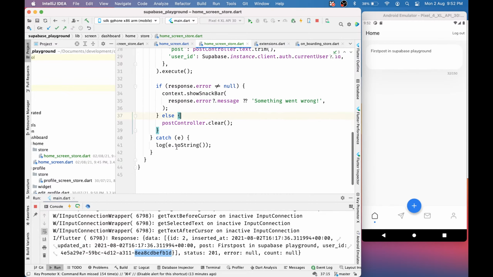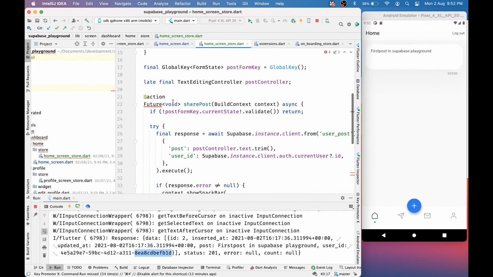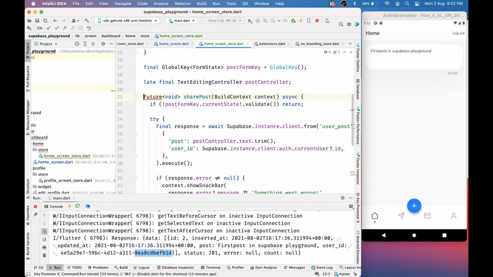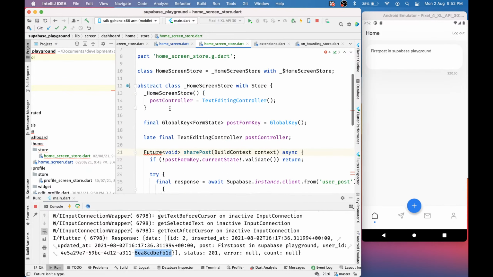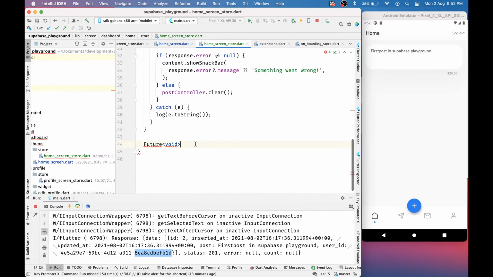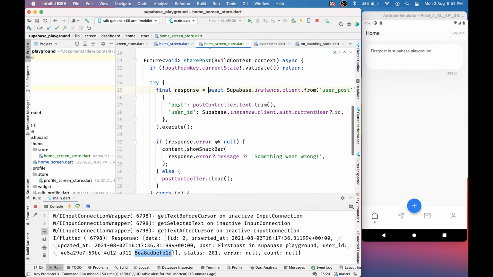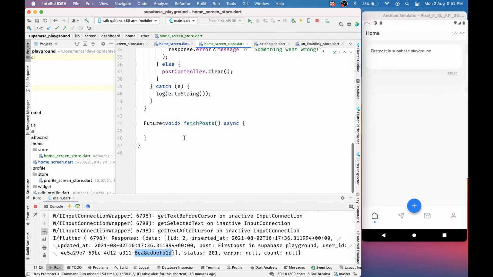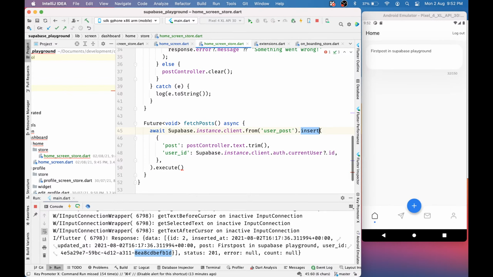Okay, let's create one method again. Future void. Actually, this does not require any kind of action because I'm not creating any kind of observer over here. So it's completely fine. Then fetch posts async. Yeah, fetch posts, and we'll get it using the Supabase. Again, the client user post, select,